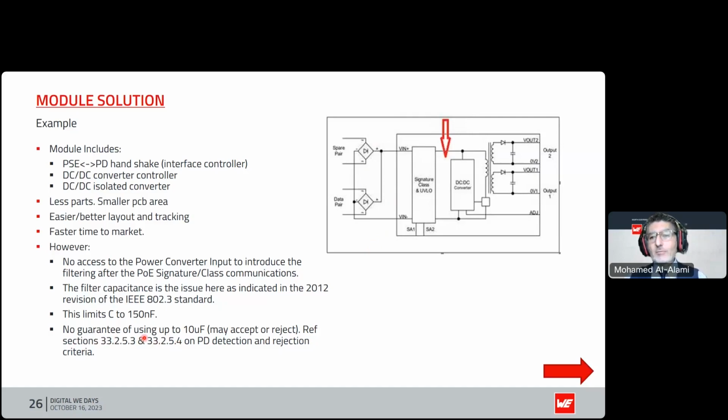So that being the case, from an EMI point of view, you are fairly limited in the amount of noise rejection that you can do. And we know flybacks in particular can be quite noisy, as you will see on the next few slides that I'm going to show you. So that covers the three different types of solutions.